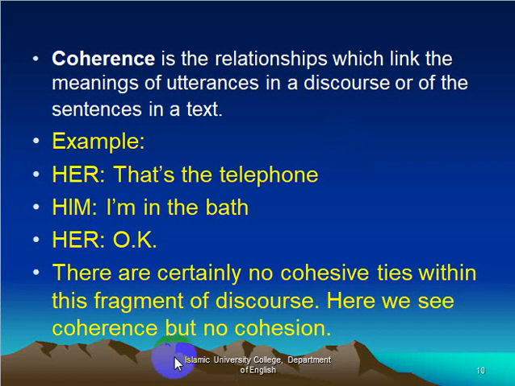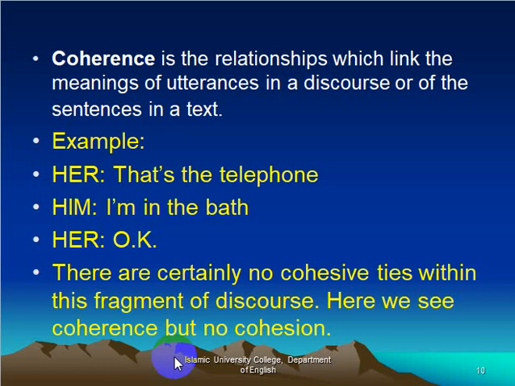Now let's take this example. A conversation between a female and male. Her: That's the telephone. Him: I'm in the bath. Her: Okay. Well, there are certainly no cohesive ties within this fragment of discourse. Here we see coherence, but no cohesion. How? Well, if we go through this conversation and through the elements of conversational analysis, which we will talk about in a minute, we will find that